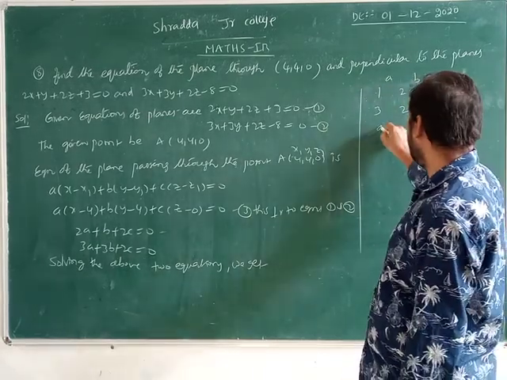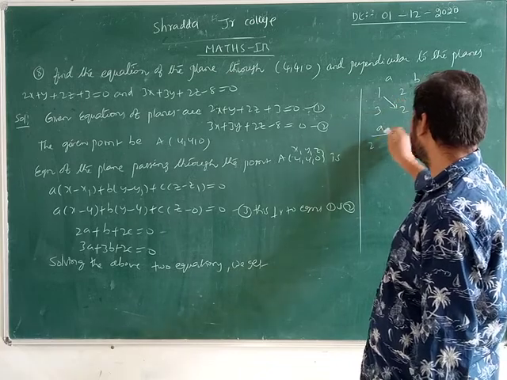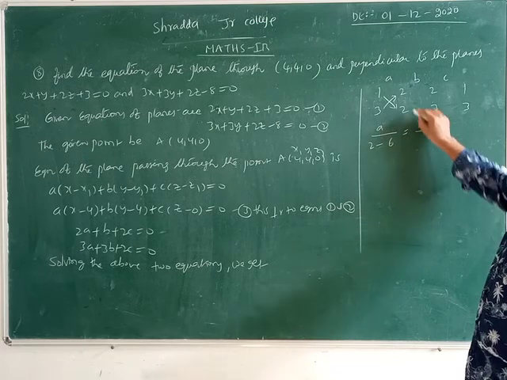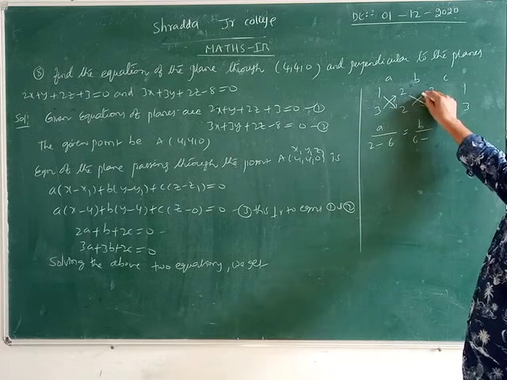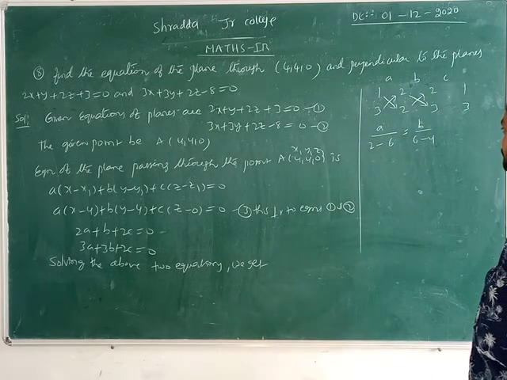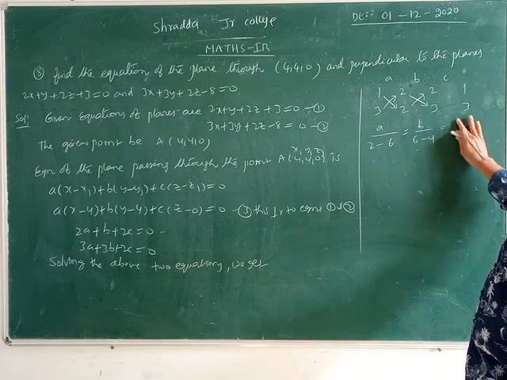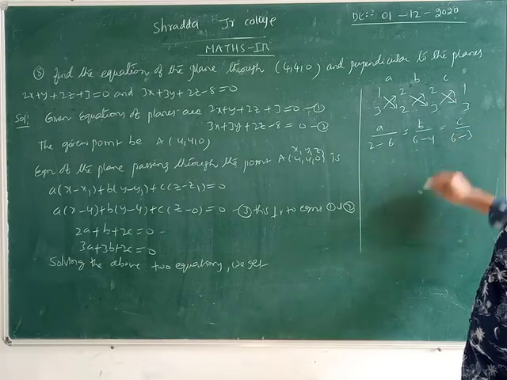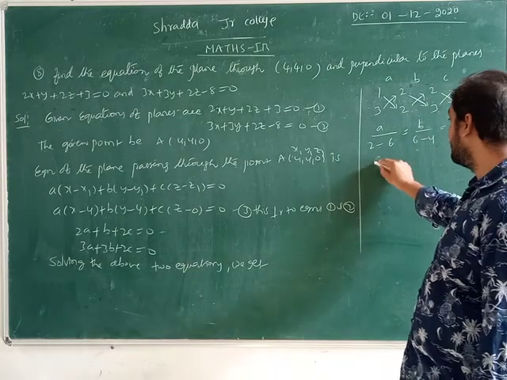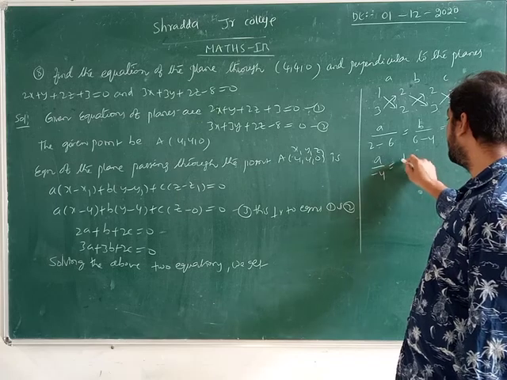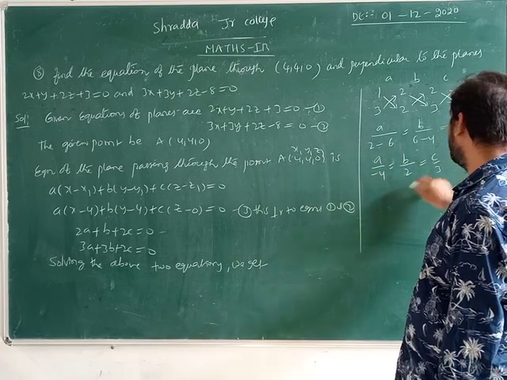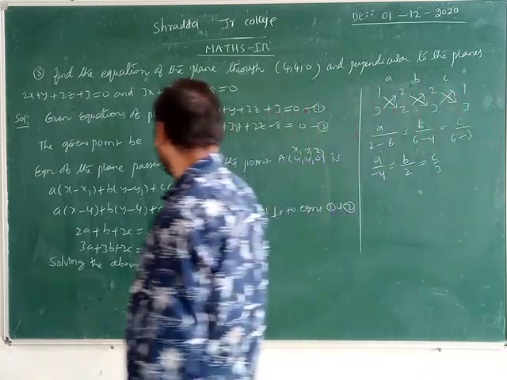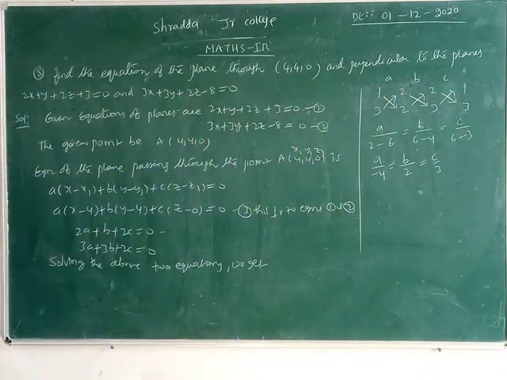See now what we are getting here. a by 1 times 2 is 2 minus 3 times 2 is 6. Now b by 2 times 3 is 6 minus 2 times 2 is 4. Now c by 2 times 3 is 6 minus 3 times 1 is 3. Now here, we are getting a by minus 4, b by 2, c by 3. Now these values are substituted in equation number 3.